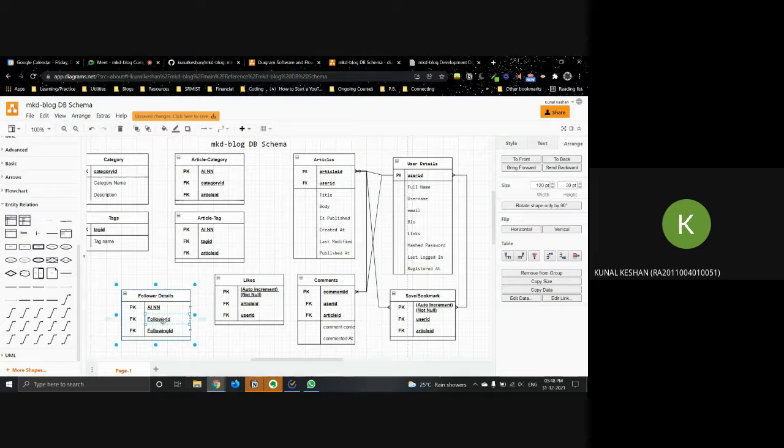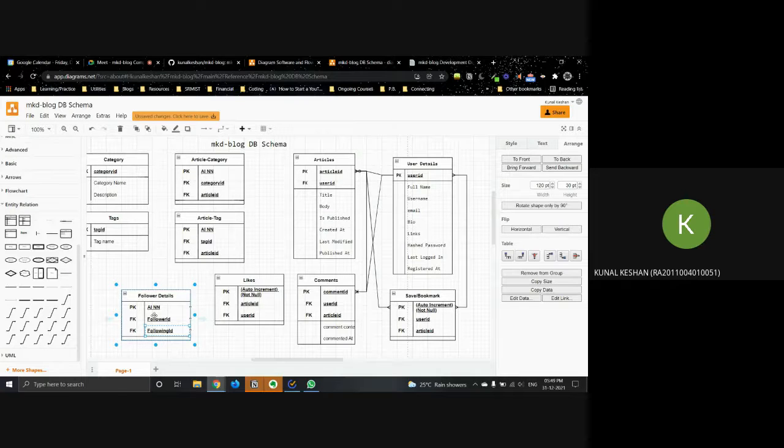So in this relationship, it's a follower to following. So I am following Mayuk. In this case, my query will be: wherever the following ID is Mayuk's, I will get the number of followers who are related to Mayuk.